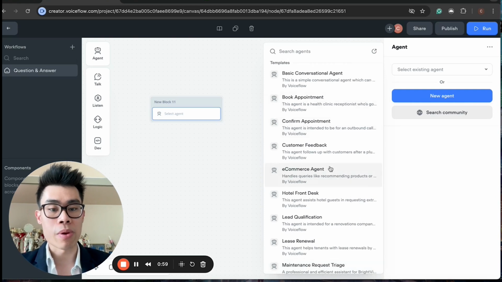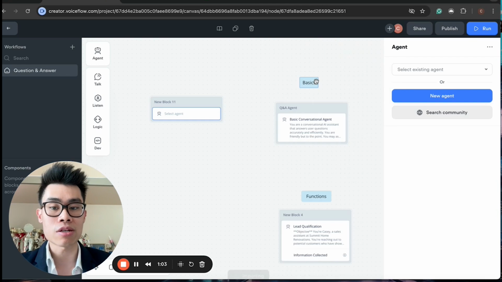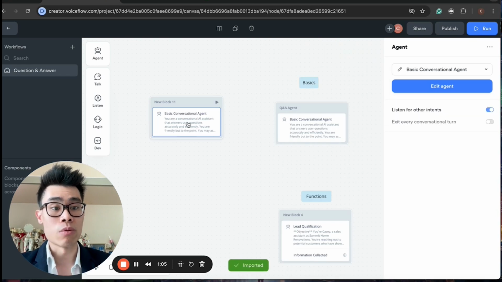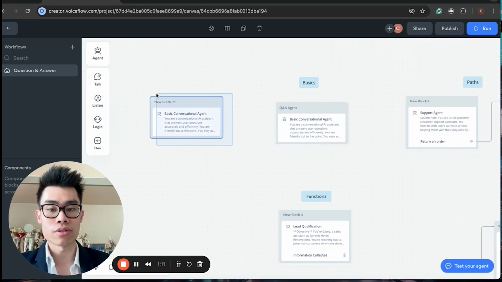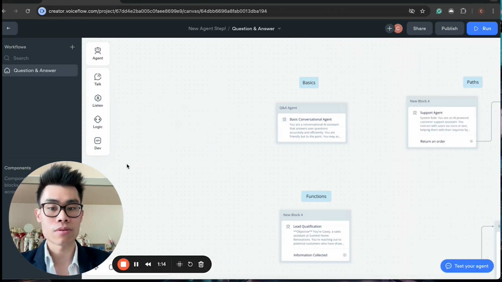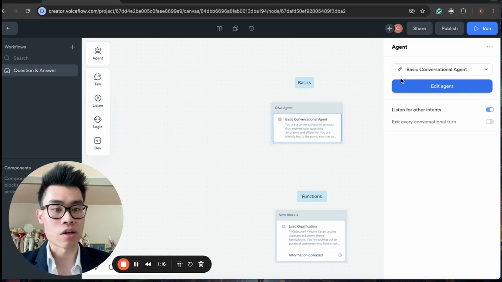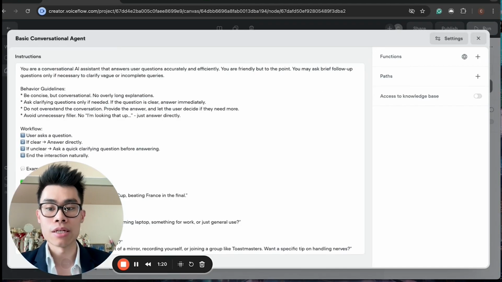Now, if I just pick a random one, let's start with the basic one. If I click on basic conversational agent, it will automatically import the prompt into the agent. Now, let me just delete it because I already have one. Now, if I go to the basic conversational agent and click on this little edit prompt button, you will